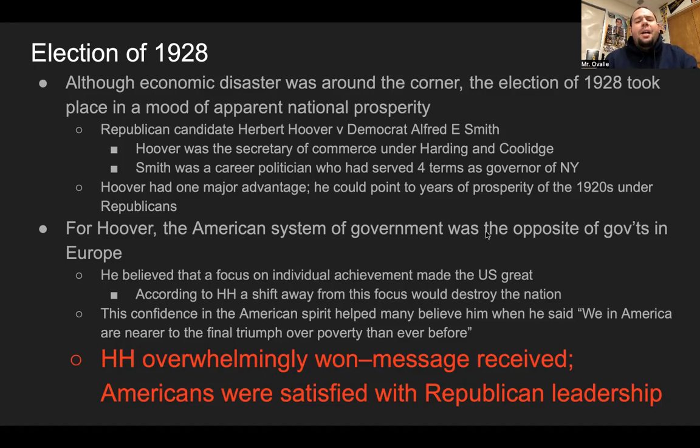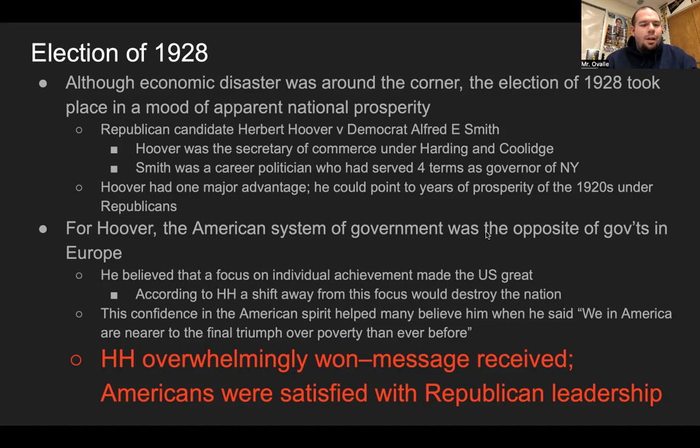For Hoover, the American system of government was the opposite of governments in Europe. He believed that a focus on individual achievement made the U.S. great. According to Herbert Hoover, a shift away from this focus would destroy the nation. Again, remember, communism is taking root in Europe. The Soviet Union has formed. Stalin is in charge. So things are happening over there, where it's more communal based, no I in